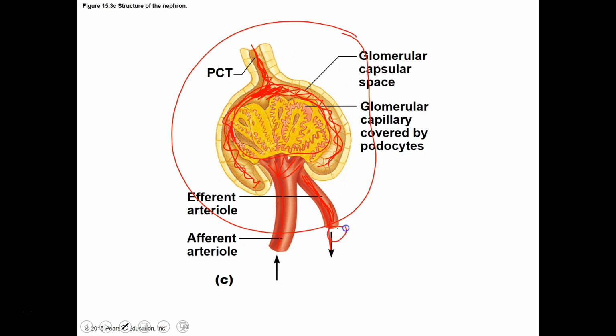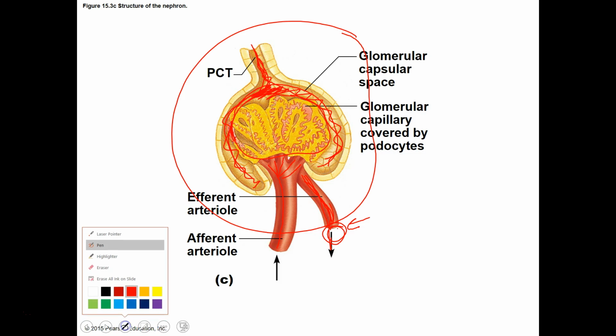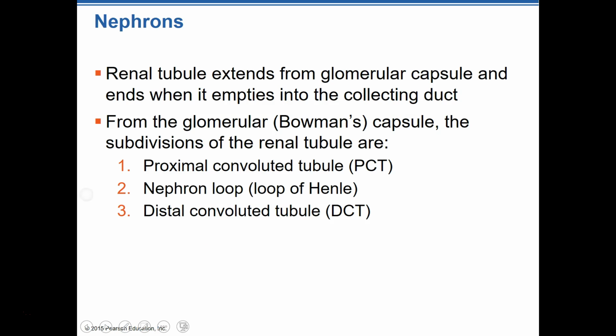It's not done here. This blood that's coming down here is not done yet. Okay? It hasn't left the kidney. It's going to circulate around a different part of the nephron and re-pick things up before it goes out of the kidney. Okay? So that's what's happening there in that particular area, in that glomerular capsule. And of course,